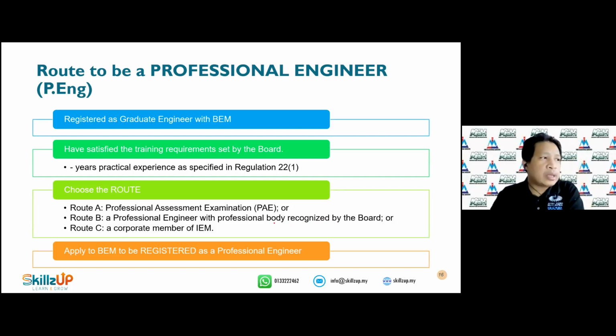Once you determine the route, then you can apply to sit for it. Basically, we apply to become a professional engineer, but there are a few steps. The first one is to sit for the PAE, the professional assessment examination. So once you